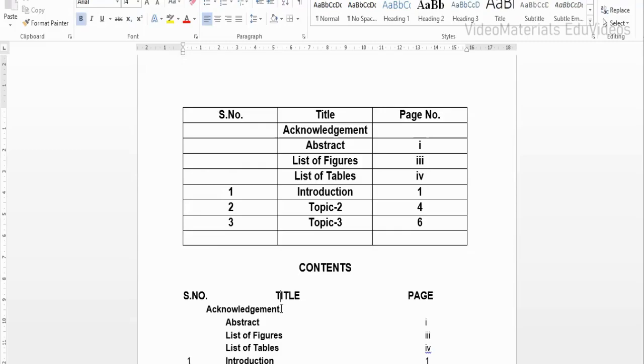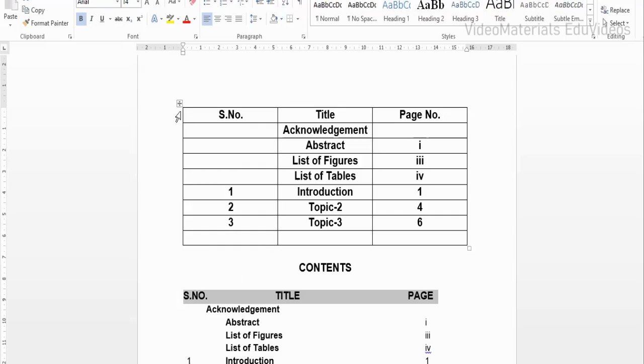That means in the second line, after this line, I want acknowledgement to begin at the position where the title's first alphabet T started. I need to start from there. For that purpose, I could use tab spaces. That is a normal thing everyone does, but this is not a recommended procedure. We just need to use some table format.